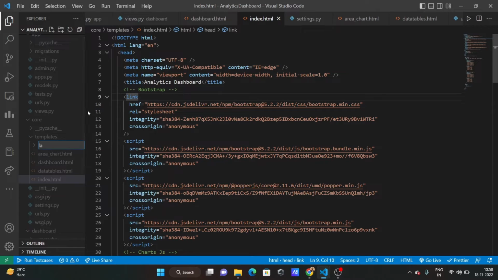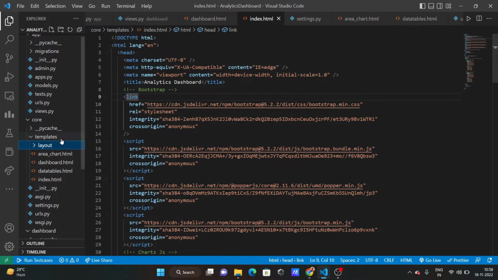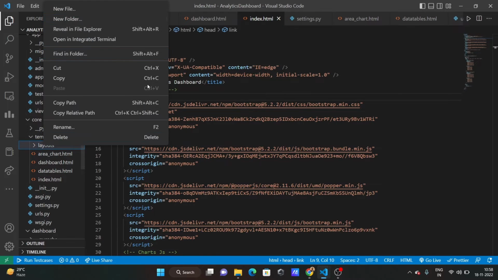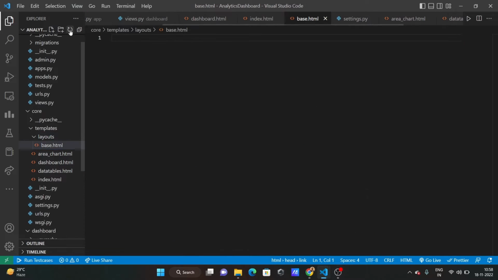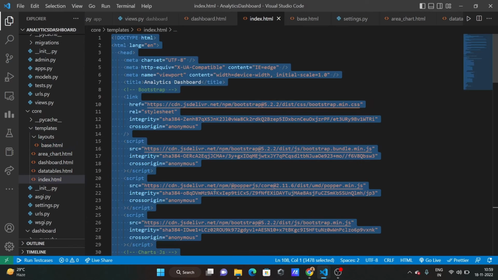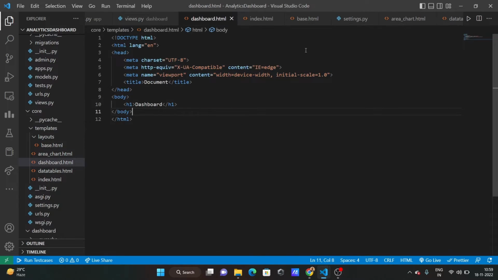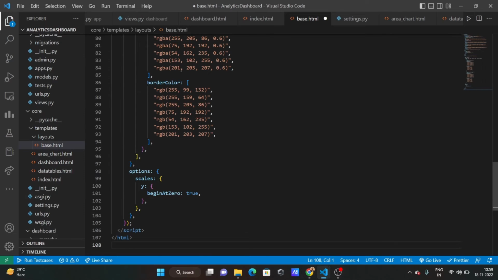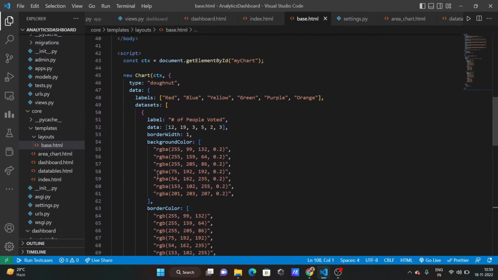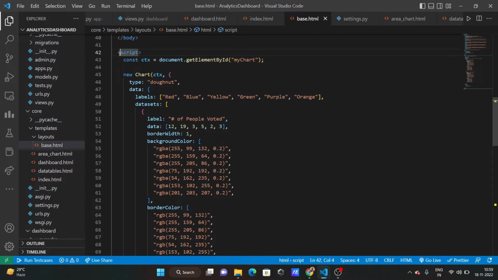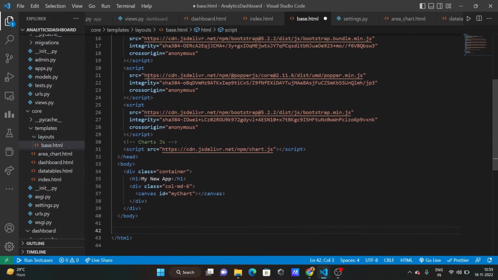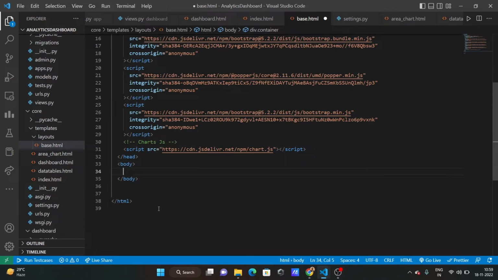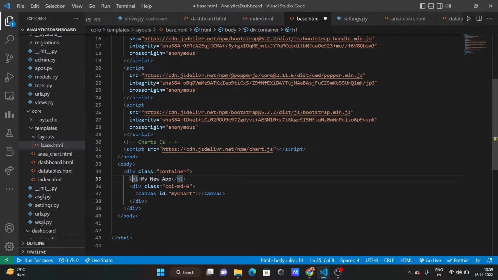So create a folder called layouts, and paste the index file here, as layout dashboard base.html, and remove the unnecessary information like here, also removing the content inside the body, inside the content,